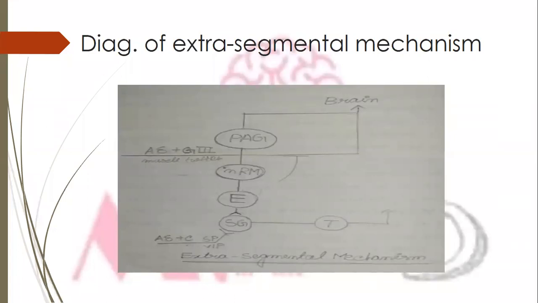If you want to write, it will be denoted as small n, then capital R, capital M, that is nucleus raphe magnus. These nuclei form the descending pain inhibition pathway, which excites the interneurons and inhibits the substantia gelatinosa, that is SG, and the T cell by the release of met-enkephalin, which is also a neurotransmitter. It is likely that paresthesia and sensation related to muscle twitch are relayed to the brain via the dorsal column. That is the main neurophysiology of the extrasegmental mechanism. If you all have followed the diagram, you can relate to my description.